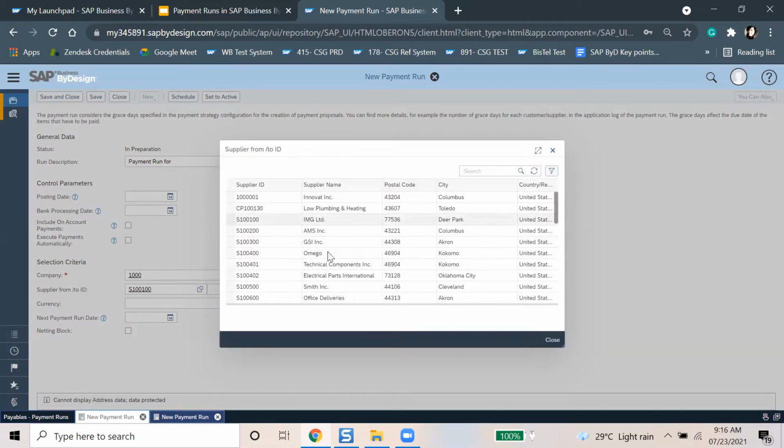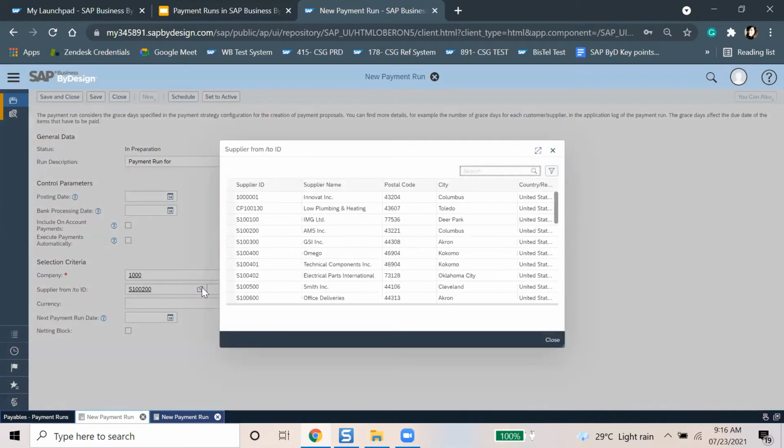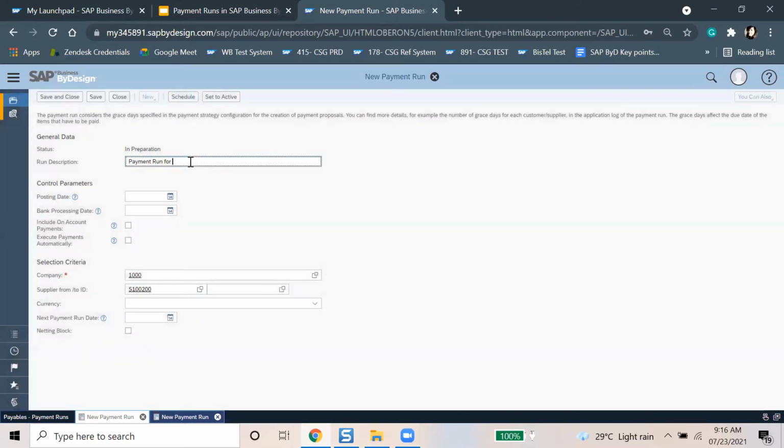This is the customer supplier starting with the supplier ID as S. It's up to you if you want to do the payment run for all the suppliers or for a specific one. I'm taking a specific one. If you want to do it for all the suppliers, you can just leave it blank. So I have taken it for IMG Limited.